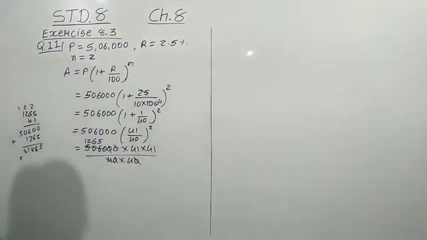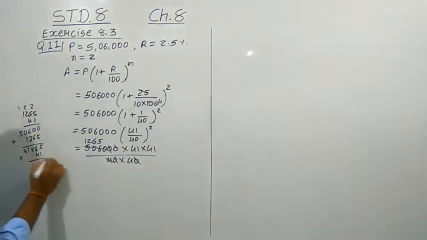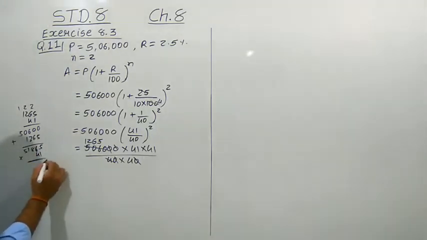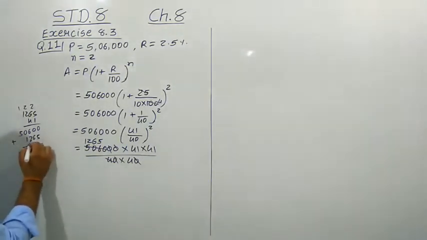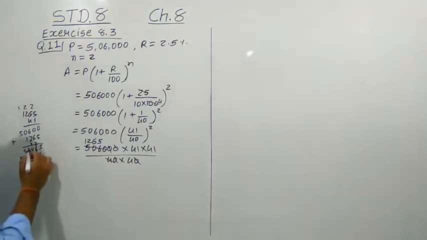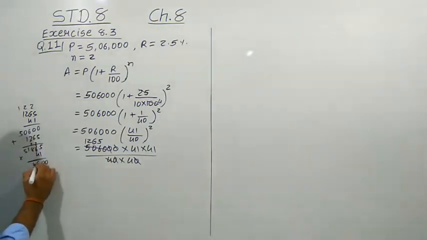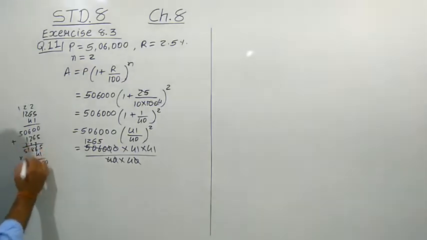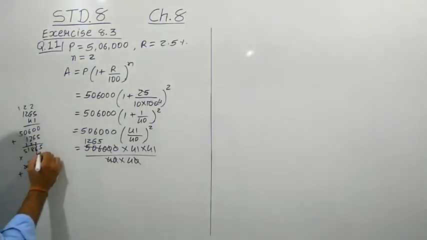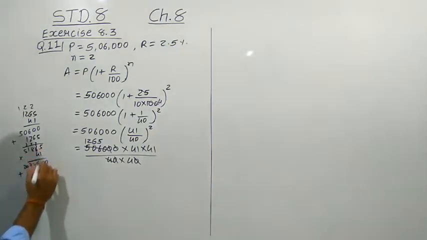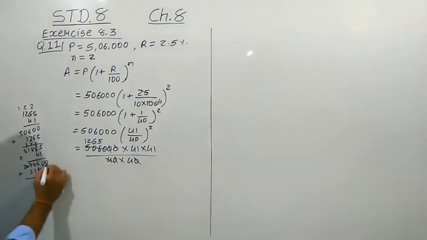Again multiply with the 41. So we are getting here 0, 5 was a 20, 2 is the carry, 6 was a 24 plus 2, 26, 2 is there, 8 was a 32 plus 2, 34. 3 is there. 4 ones are 4, 7. 5 fours are 20. Plus, again multiply with the 1, that is 51865. So this is the answer.